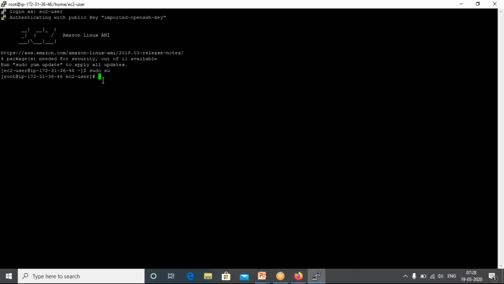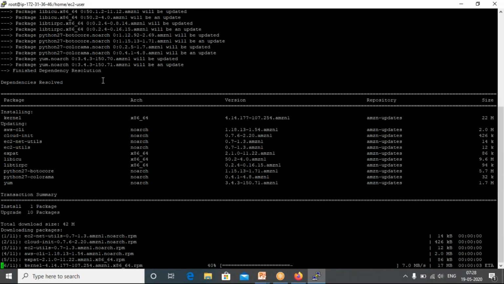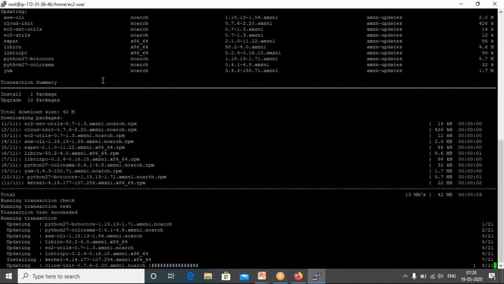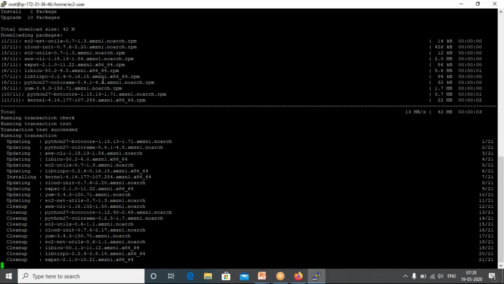Now here what I wanted to do. First thing is I want to install the Apache server. Before I install the Apache server, I need to update this machine. How to update? For updating, we have an update command. I don't want to intervene in between, that's why I'm telling you can go ahead and update all the services. Click enter. So it is updating everything. These are the different services available. It is updating, kind of a refresh. Okay, it has updated all the things.